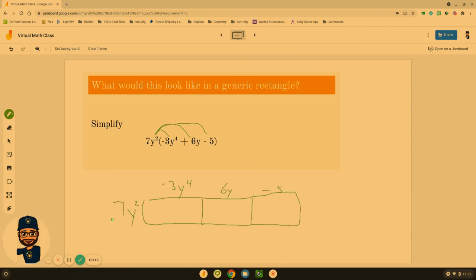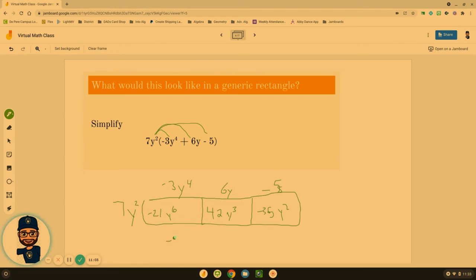So this is the cross section of 7y squared and negative 3y to the fourth. I'm multiplying. 7 times negative 3 is negative 21. Y squared times y to the fourth. They both have the base of y, so I add them. Now the cross section. 6 times 7 is 42. Y squared times y gives me y to the third. This is negative 5, so 7y squared times negative 5 gives me negative 35. Y squared, and there aren't any y's in this one to add to it, so it stays as y squared,